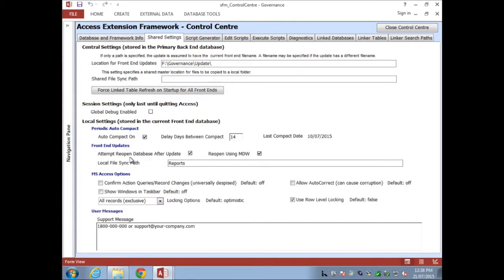The front end updates, there's a few settings here. This one here is the local file sync path, which is the partner for this shared file sync path. So it copies from this shared location to the local one. These settings determine whether it attempts to automatically reopen the database after a front end update, or whether we just leave that to the client to do. And these MS Access options are some built-in Microsoft Access options that generally need to be tweaked, or people often like to tweak them in particular